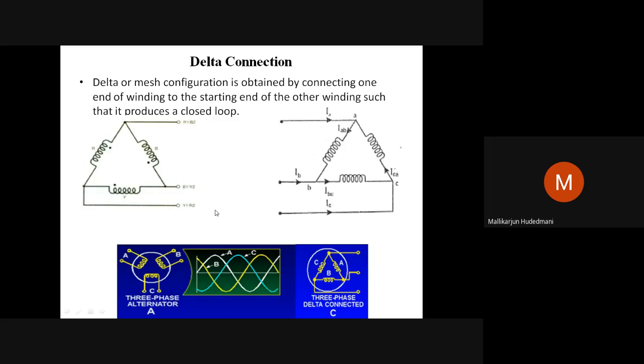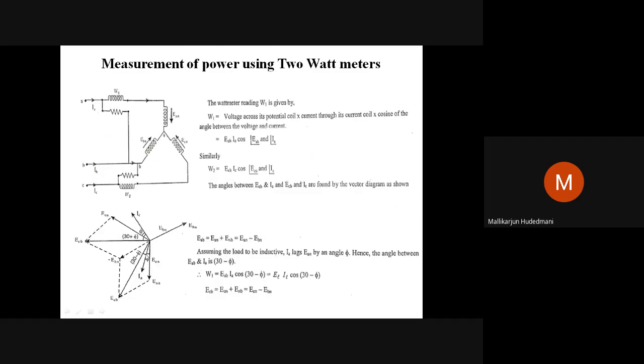Then I'll come back to this circuit. Can you see this again? There is a vector EAN vertically downward. Just observe my mouse cursor. And I have EBN. Hope you are able to trace me. And ECN. Three vectors. Correct? These three vectors are like our star interconnection study, 120 degrees apart from each other, symmetric.